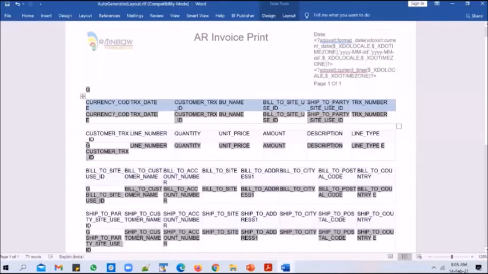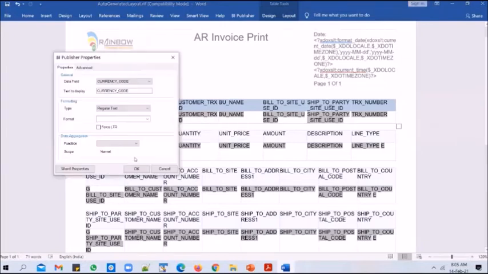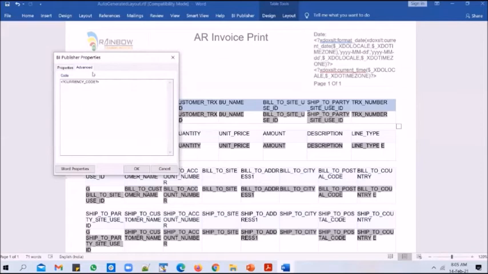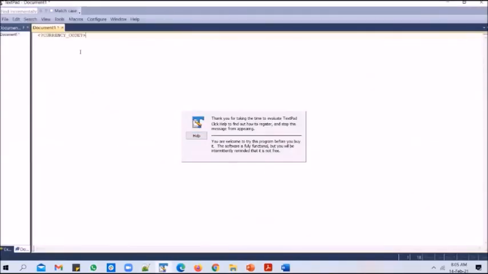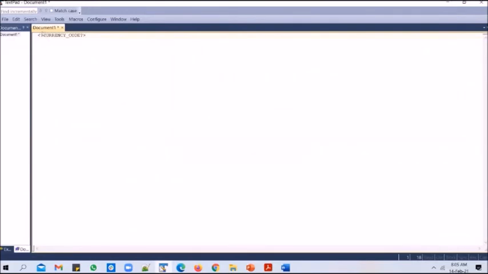If you look at the first tag, what do you have in here? Currency code, right? If I double click on it and go to the advanced tab, what do I see in there? I see a currency code mentioned like this. This is basically a tag that you use in an RTF document to print the value of currency code.